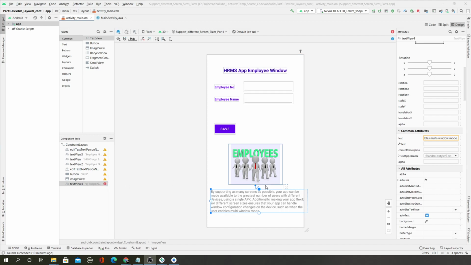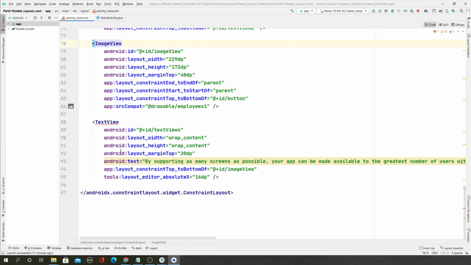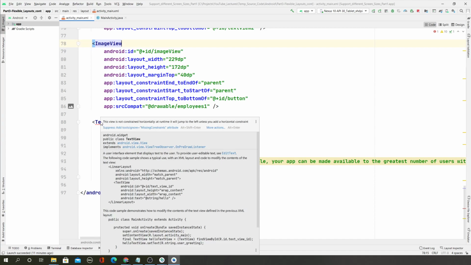You are getting a warning, and you can also see that when you go to the XML code. So if you go to the XML code, and this is that text view, if you move the mouse, it says this view is not constrained horizontally. At runtime, it will jump to the left unless you add a horizontal constraint.